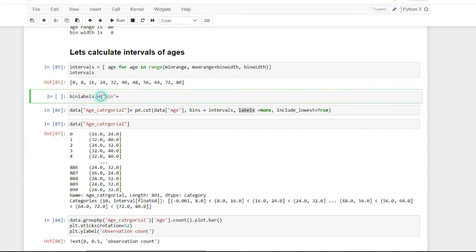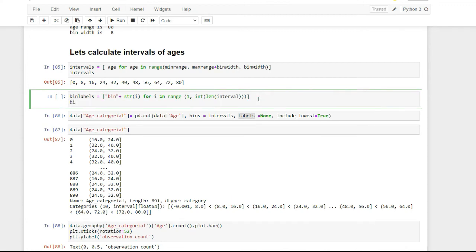I will create a loop, and for every interval I will create a separate bin number. So 'bin' plus str of i, for i in range of 1 to the length of intervals. Be with me, it will all make sense.